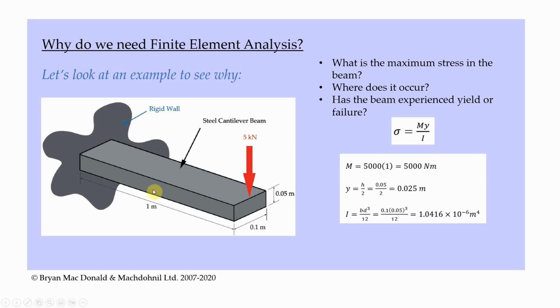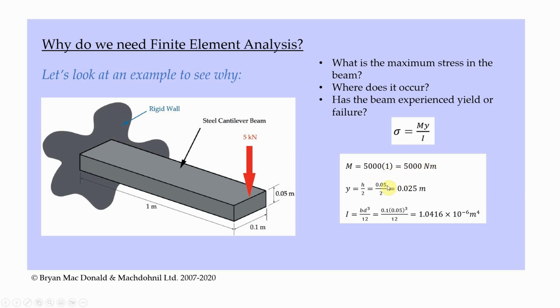So if we took, for example, the bending moment at the midpoint of the beam, it would be 0.5 times 5 kilonewtons, whereas down here it's 1 times 5 kilonewtons. So that tells us that the maximum load, according to this equation, will be at the beam root. So we're going to say 5,000 times 1, which gives us a bending moment of